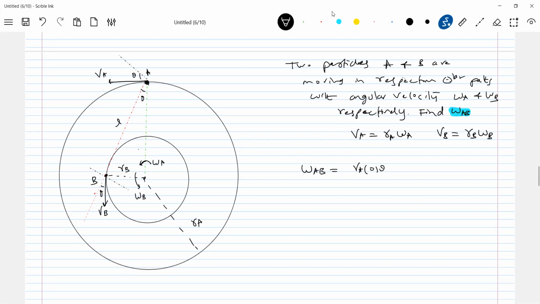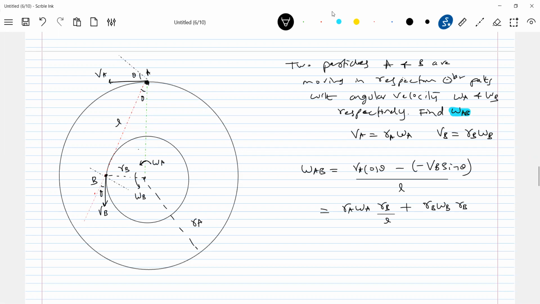VA cos theta minus of minus VB sin theta by that L. Let it be here. Now what is VA? VA should be equal to RA omega A. Cos theta, anything can you write it from the diagram? RB by L plus VB. VB is what? RB omega B. Sin theta, you can write it as